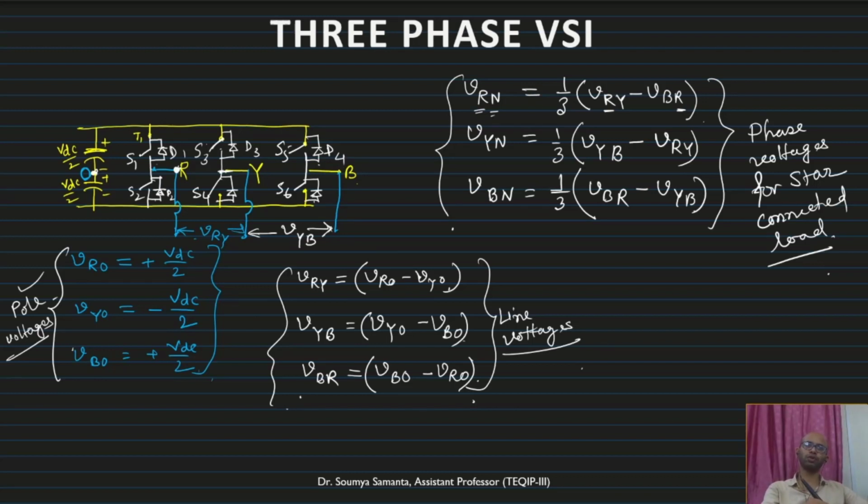Now, how will these switches be operated? For that, we have to go to the operation of this circuit. This is the switching network of the three-phase inverter. Just replace these normal switches using IGBTs to represent the power electronic three-phase voltage source inverter. Now let us go to the 180-degree mode of operation first.